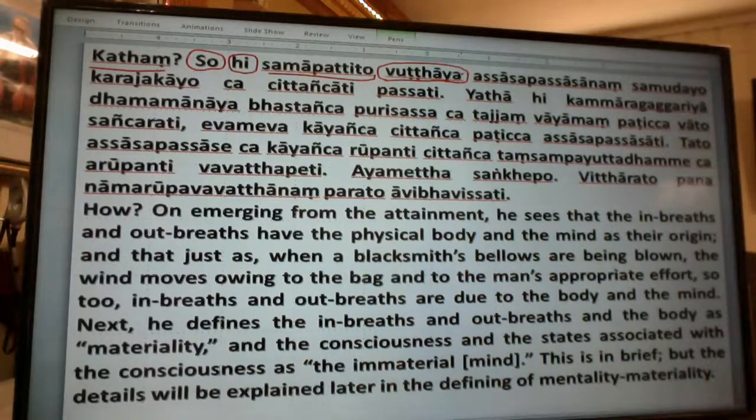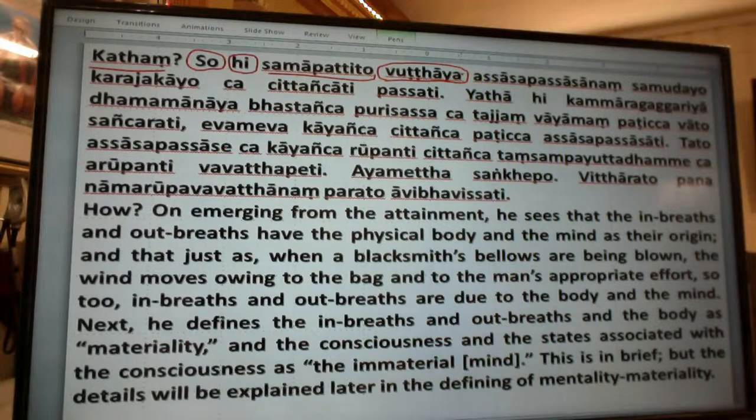That means changing from samatha, tranquil meditation, into Vipassanā. The Pali mentions utthaya all the time. The meaning of utthaya is changing, emerging from the attainment stage into the other, different kind of Vipassanā situation,